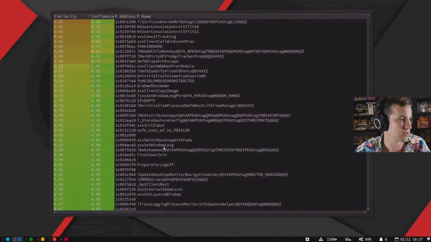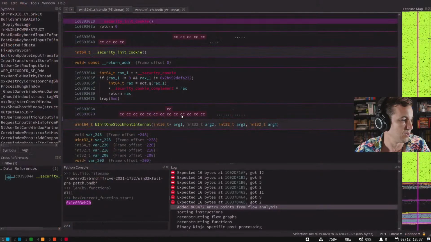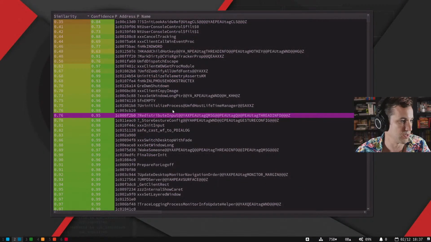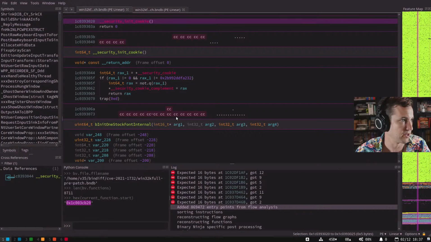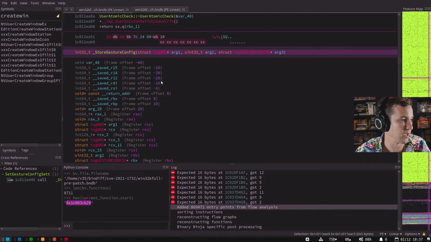But actually, yeah, let's go to one of these long ones. But you'll notice in Binja, wait, what? That's not a security cookie. So navigating. Oh, I'm on the wrong tab. Yep, I was on the wrong tab. Store. Yeah, there it is. Okay. So you'll notice the short name,